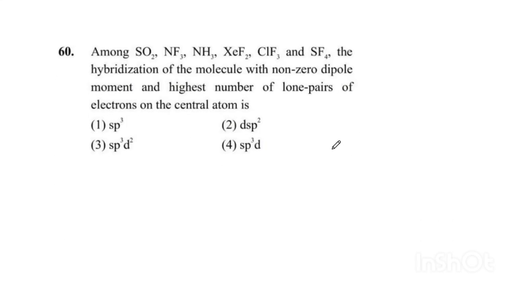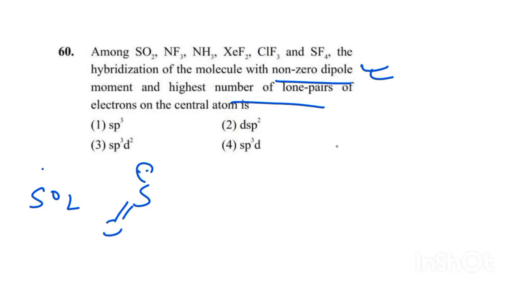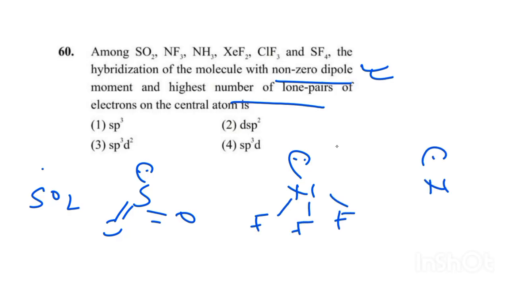Next question is, among SO2, NF3, ammonia, XeF2, ClF3 and SF4, the hybridization of the molecule with non-zero dipole moment and the highest number of lone pairs. So let's see the structure. Sulfur has one lone pair and two double bonds. NF3 has pyramidal shape